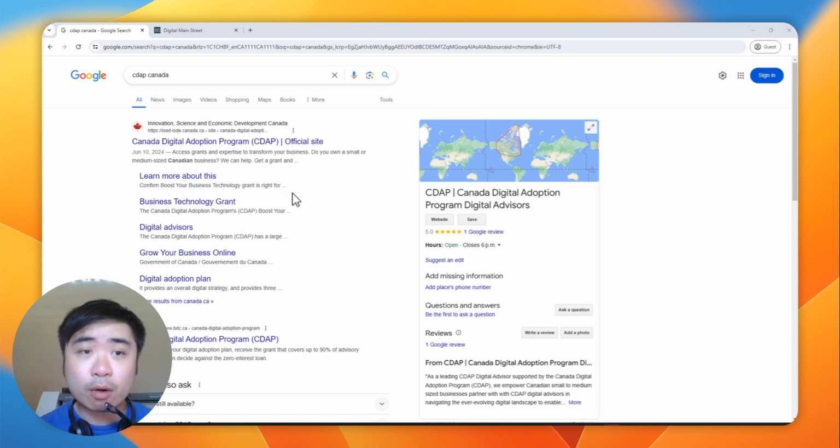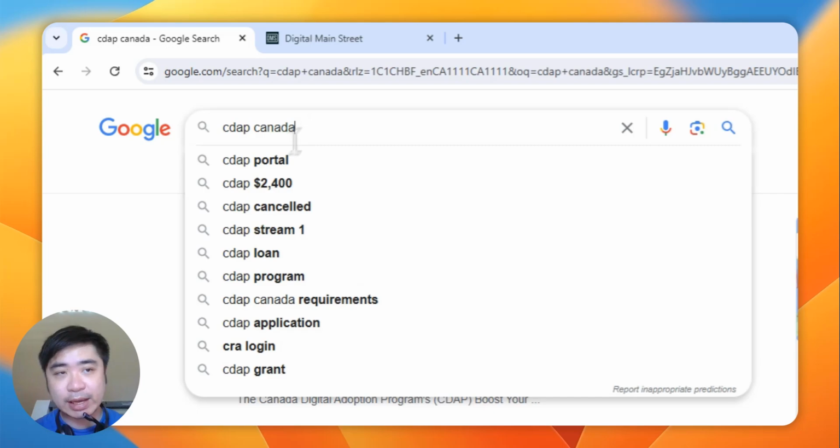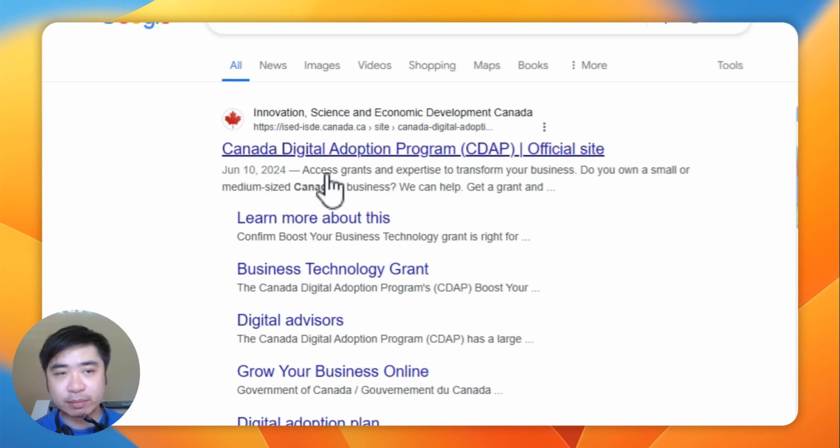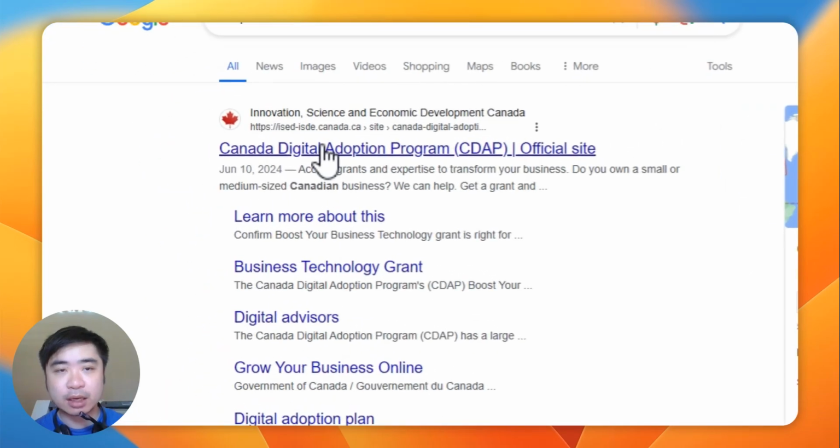Today we're going to go over how to apply for the Canadian Digital Adoption Program for small businesses. If you go to Google, search CDAP Canada, this should be the first result. It's from the Government of Canada. If you click through here,